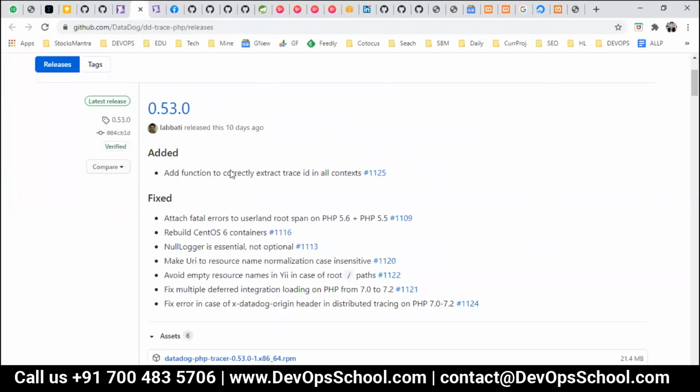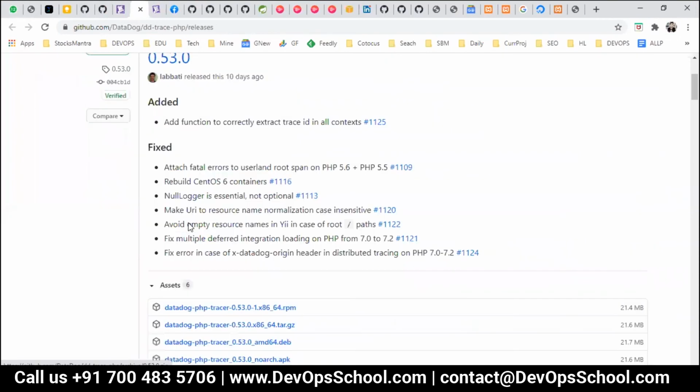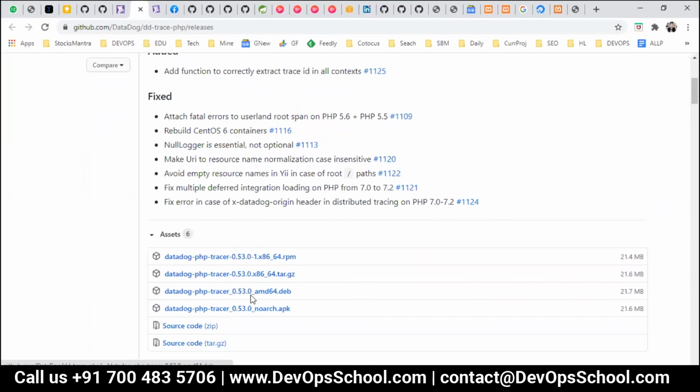Now which version you want? So latest is I think 5.3. So here I'll just go for PHP tracer, which is here. RPM, Debian, these are the ones. Okay, so this is the RPM. I'll go for it.